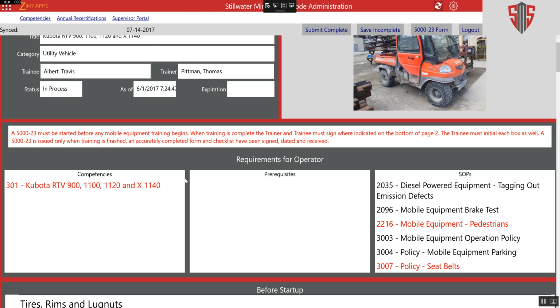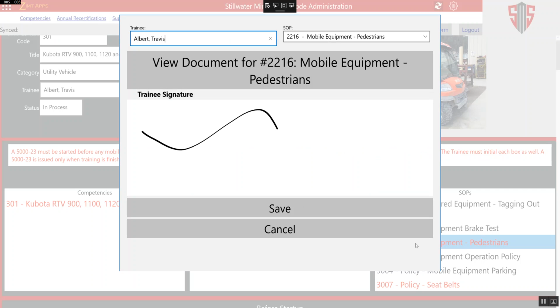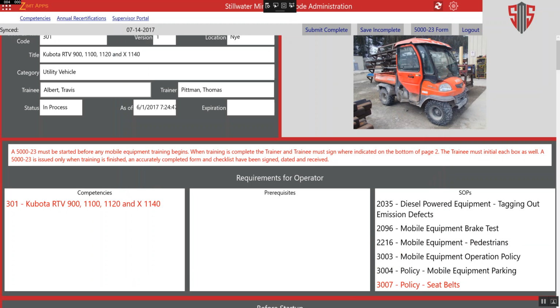And immediately, once I pick that trainee, we see a few interesting things happen. So first, it's looking at Mr. Travis Albert's SOP records and seeing if he has completed all the trainings necessary for completing the Kubota 5023. So you can see these are the ones in black that he's completed, but there's some here in red that aren't. So if I wanted to, I could click on one of those, review the document, sign for it, and